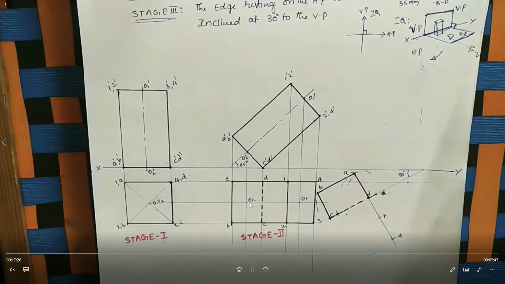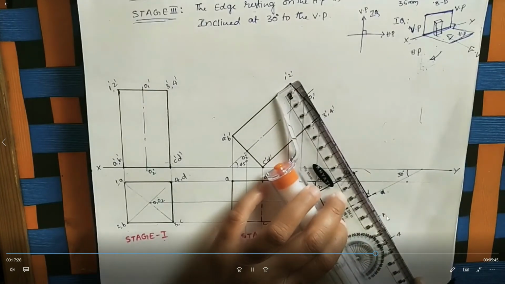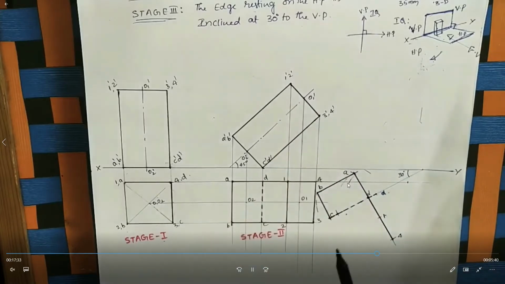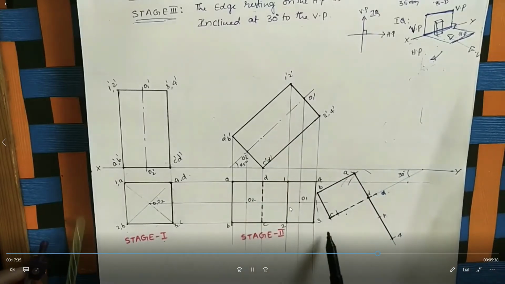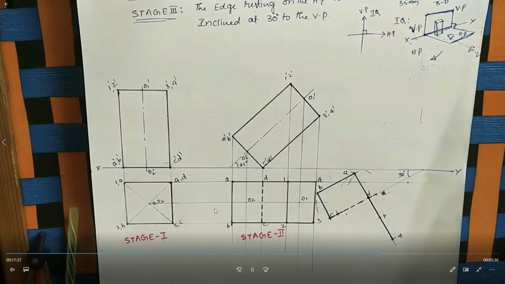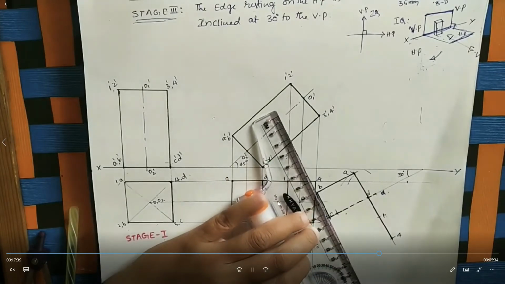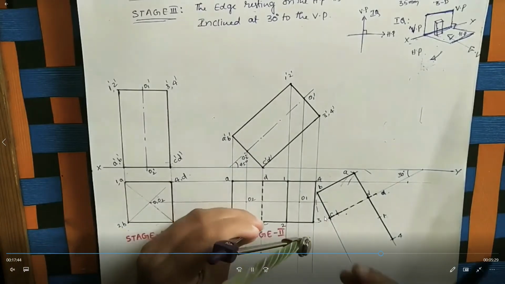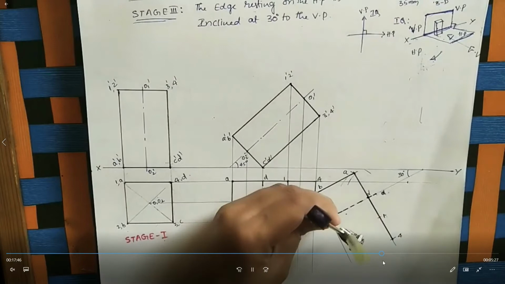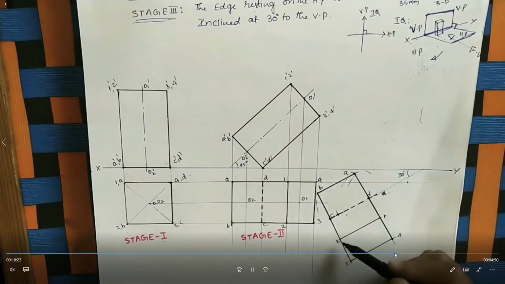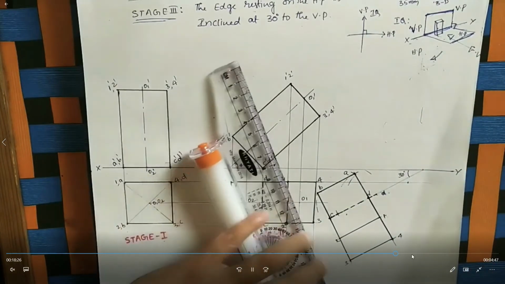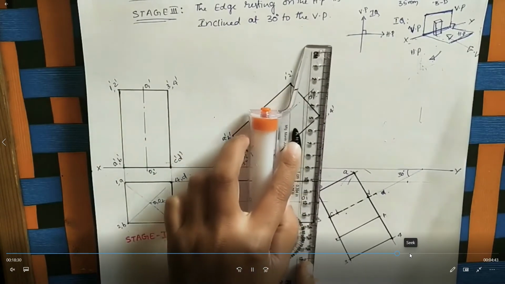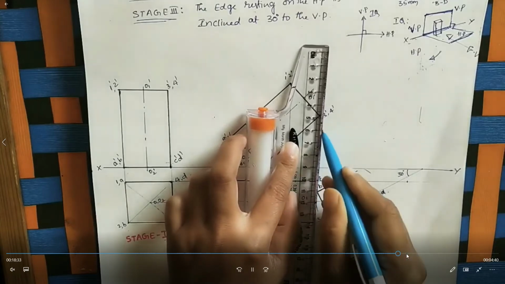Actually, the second stage top view tilts in this way. This is horizontal, and vertical also the same. This is the axis line here. This is the axis line. In this way also, this axis line is drawn at 30 degrees. Okay. This is your measure. You draw the square boxes, and then you extend the lines now